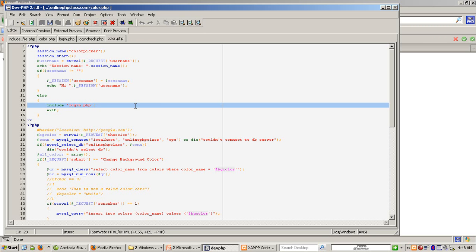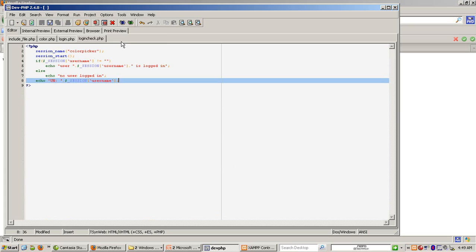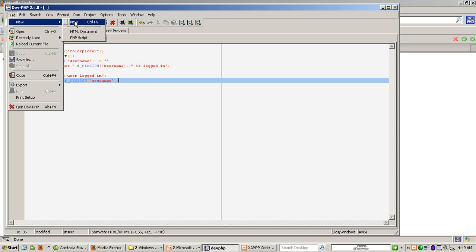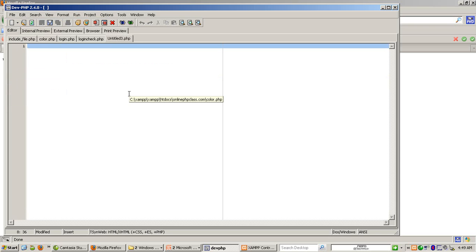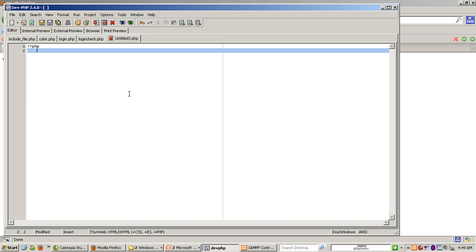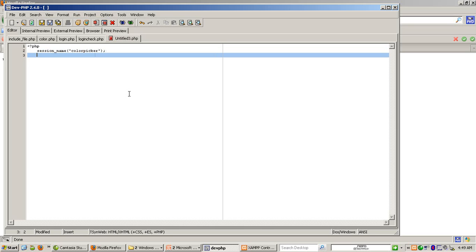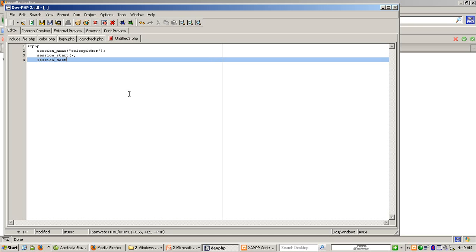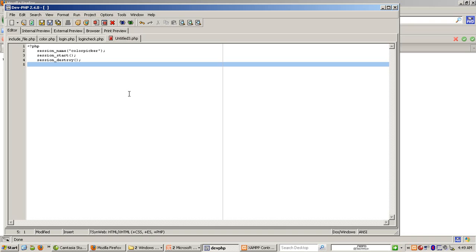You know what I can do? Just to show you that redirect works, I can just create a redirect. So I'll close this. And, oh, I know how I'll do it. I will create a logoff.php. So to create a logoff.php: session_name, login, or color picker, same name, session_start, session_destroy. And then redirect